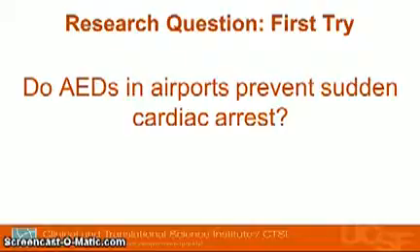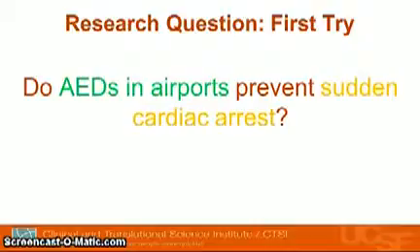Where is the predictor? That's very clearly identified. AEDs in airports is the predictor in this study. And where's the outcome? Well, on first glance, the student felt that the outcome was sudden cardiac arrest. But when we discussed it in our research course, he realized that, in fact, sudden cardiac arrest was not the outcome. The outcome that the AEDs were trying to prevent was death following sudden cardiac arrest. You'll also see in this research question that there's no study population, so it's not as clear and focused as